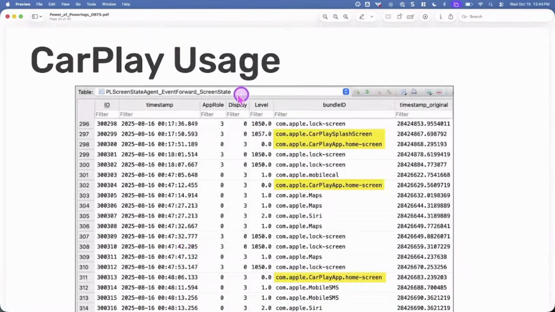A little bit more with CarPlay, and this one's going back to screen state. CarPlay has its own OEM screens. So we see the Apple CarPlay splash screen because it's doing the mirroring on that. Whatever you're doing in CarPlay, you're actually seeing it on the device as well because it literally, truly is just a mirror.